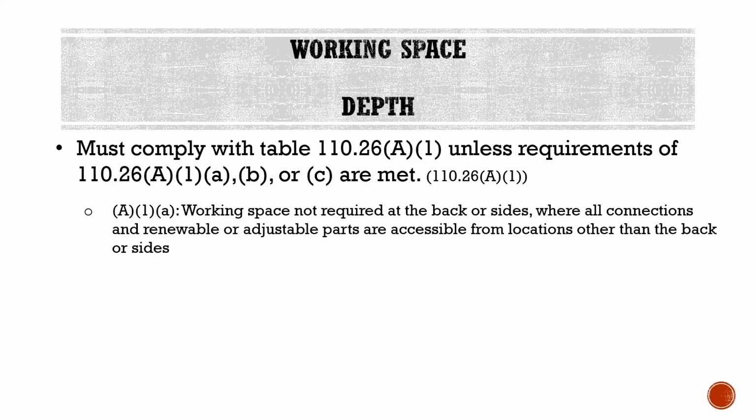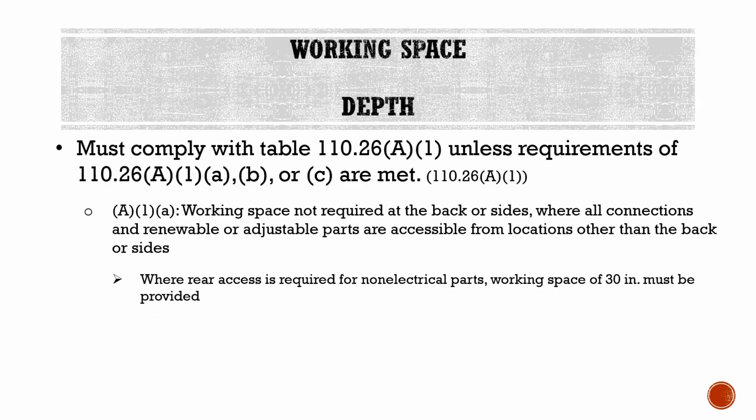So A1A tells us the working space is not required at the back or sides where all connections and renewable or adjustable parts are accessible from locations other than the back and sides. So in other words, at the back of the equipment and the sides of the equipment, we do not have to have a dedicated working space if we can access all those things they list somewhere other than the back or the side. However, where rear access is required for non-electrical parts, so rear access to the equipment, we have to provide a working space of